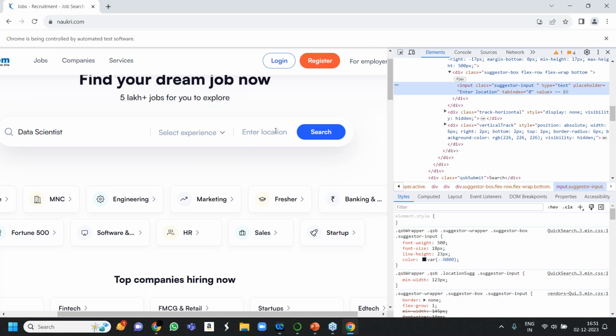There are two types of XPath only, absolute. Okay, someone is saying relative. Can you tell me why relative? Why relative? I'm waiting for you.